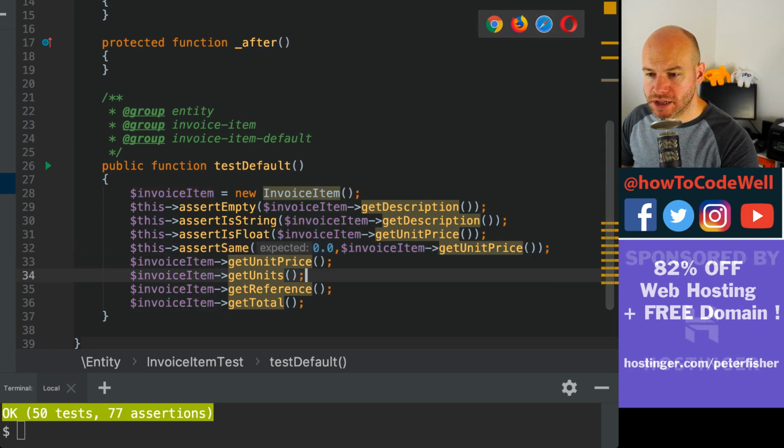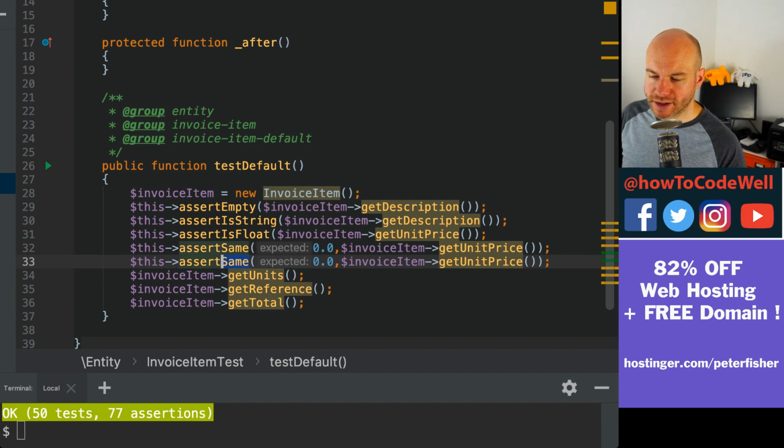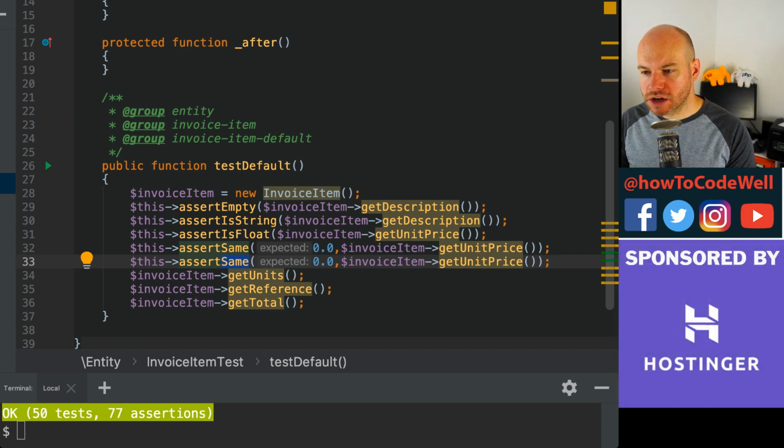The next one is the number of units that we're going to do. So this is going to be an integer, because you can't have half a unit in this case. You can't say, well, I did half of this. If that was the case, then what I would probably do is have a discount, or I would make the actual unit price smaller to adapt for that. It's easier when you keep things nice and simple. So we're going to assert that this is an integer,